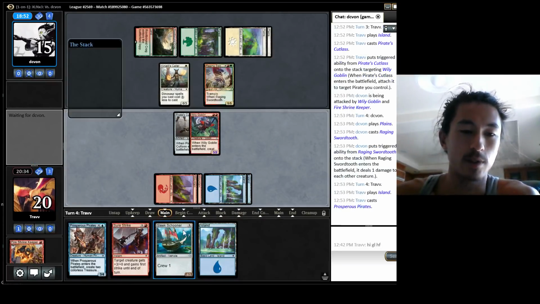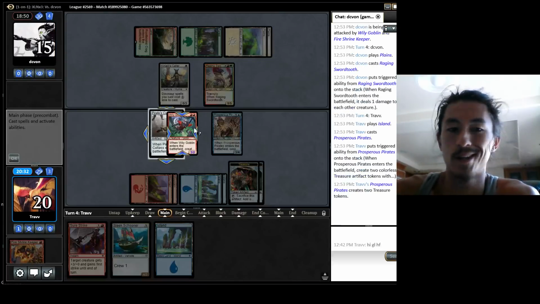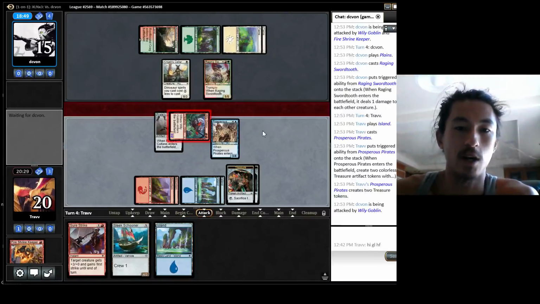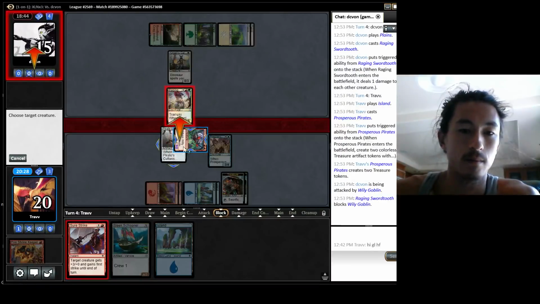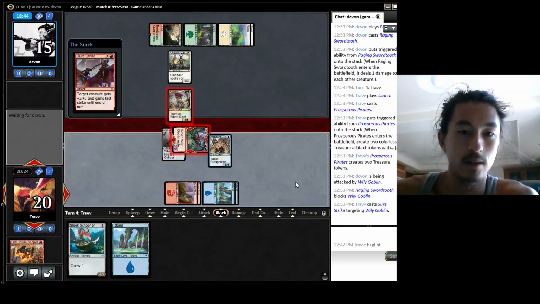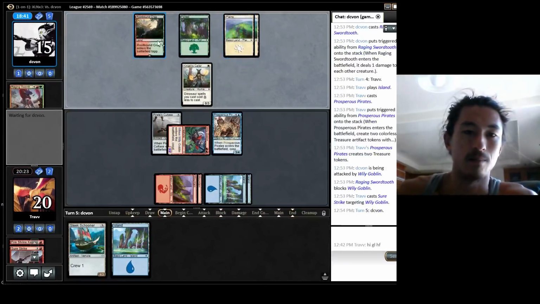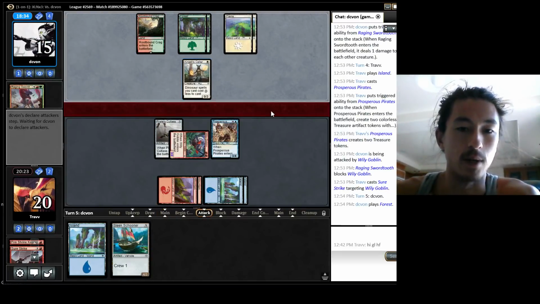I'm going to play Prosperous Pirates, or I don't care about the treasures. Say that this Pirate's Cutlass was a Burning Sun. I'm not sure Burning Sun would be better. Seriously, this Cutlass is very good. It's going to continue to be good. Burning Sun would really just be a fat body against other fat bodies. It would be good for sure, but